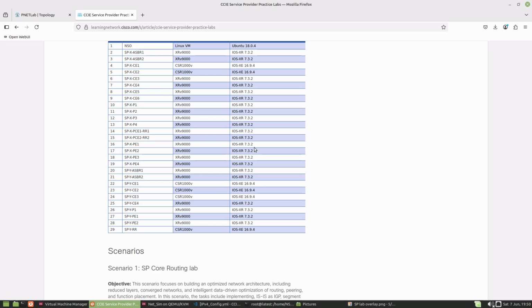In fact, there are 22 IOS XR images on here, and each one, for best performance, is 12 gigabytes of RAM and 4 CPUs each. You can, in a lab environment, get that down to 3 CPUs and 8 gigabytes of RAM, but even so,